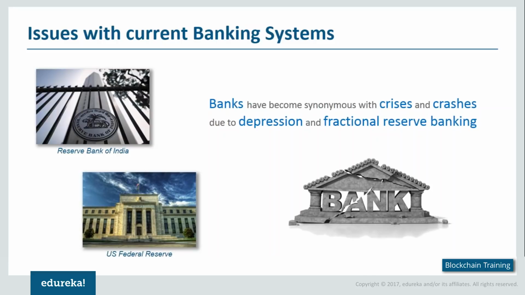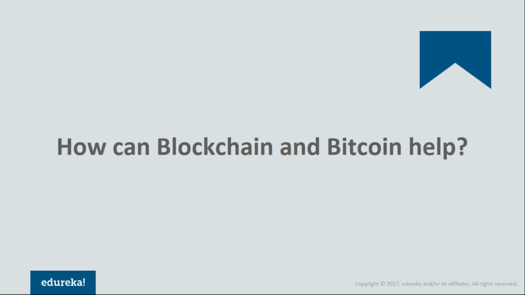Now, this was a very huge number, and this was mainly because we had put all our trust into a third party and given them all our money, who in turn went and tried to get a profit out of this and caused trouble for all of us as well. Now, these are some of the major challenges that are part of the current existing banking system, and let's try to understand how Bitcoins and blockchain help overcome these issues as such.